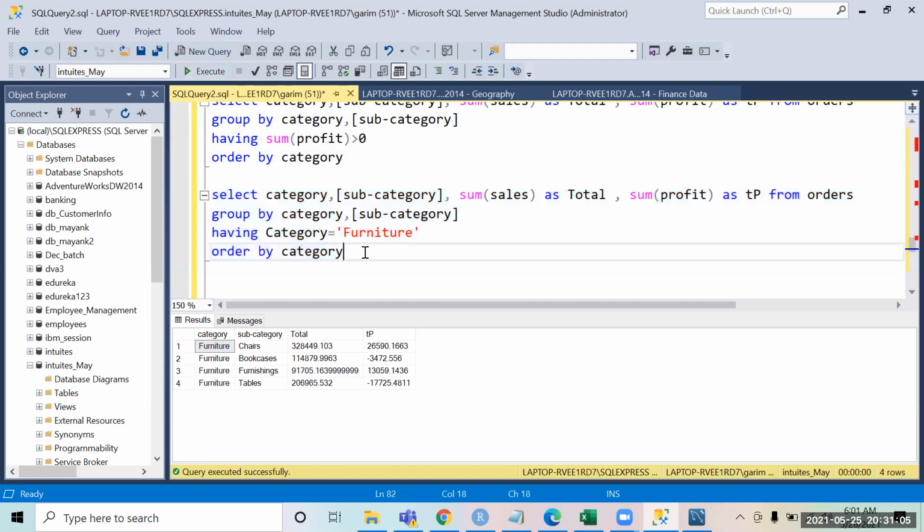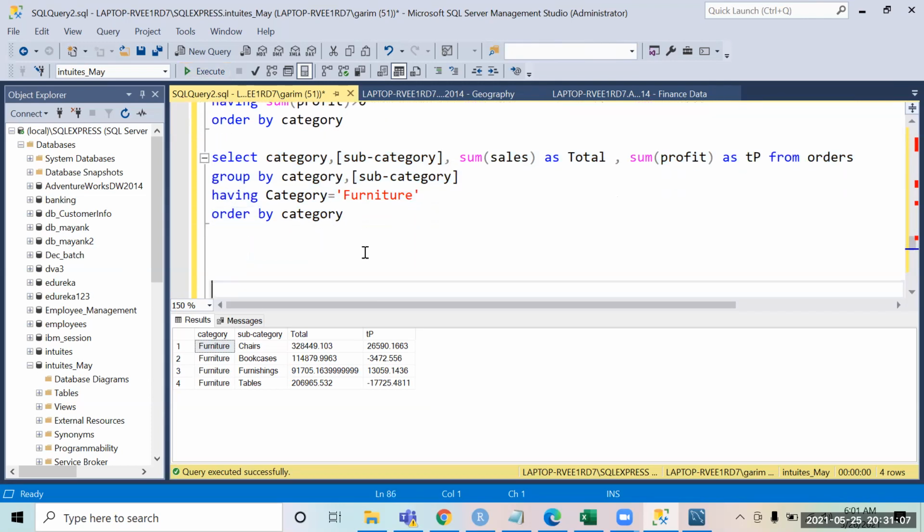Now, if you see, this is a question that is asked a lot: the difference between group by, having and where clause. So always remember where clause is something that filters at the row level. Where cannot aggregate the data. You cannot say where sum of sale is more than zero because where does not have that capability.